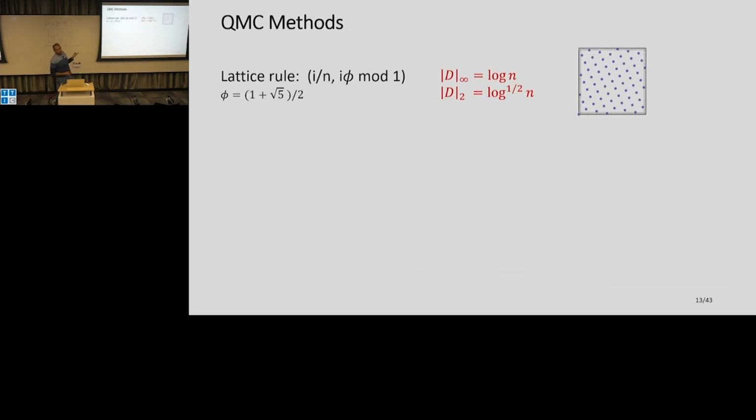Here is another cool construction. It's called a lattice rule, and again it's a very explicit set of points which gets the same bounds. Again, I vary my x coordinates in intervals of 1 over n. Then I pick an irrational number, let's say the golden ratio, and I just look at multiples of that, modulo 1. So it's kind of like a lattice, but projected into the unit square. And again, this gives an amazing placement of points.